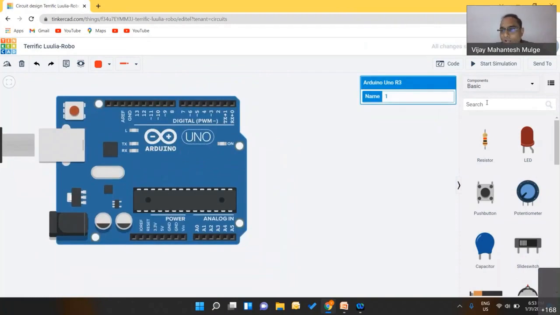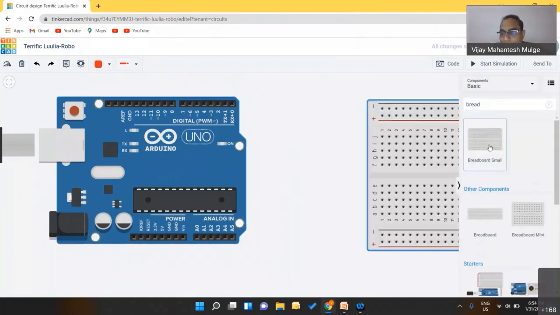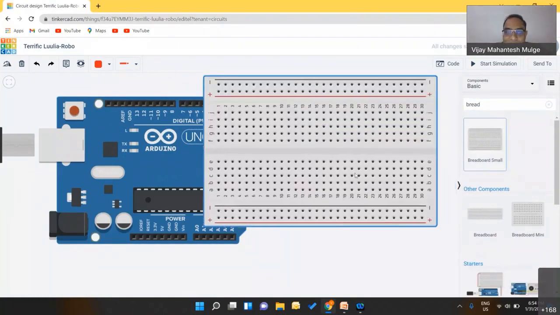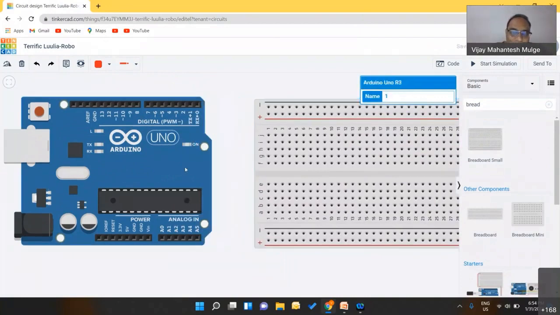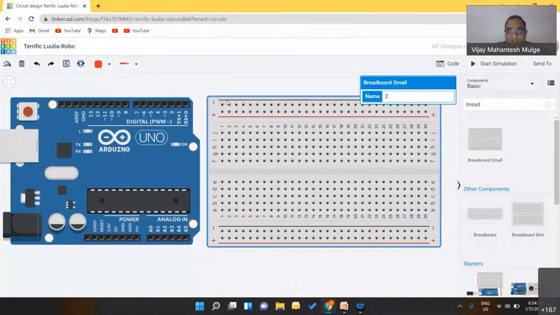So even this online tool Tinkercad comes with this board called breadboard. Now you click on this breadboard and place it next to the Arduino. So once you do this, it will give you a very good looking circuitry. So this is something which you can easily understand. So what I do here is, if you notice, so you have this